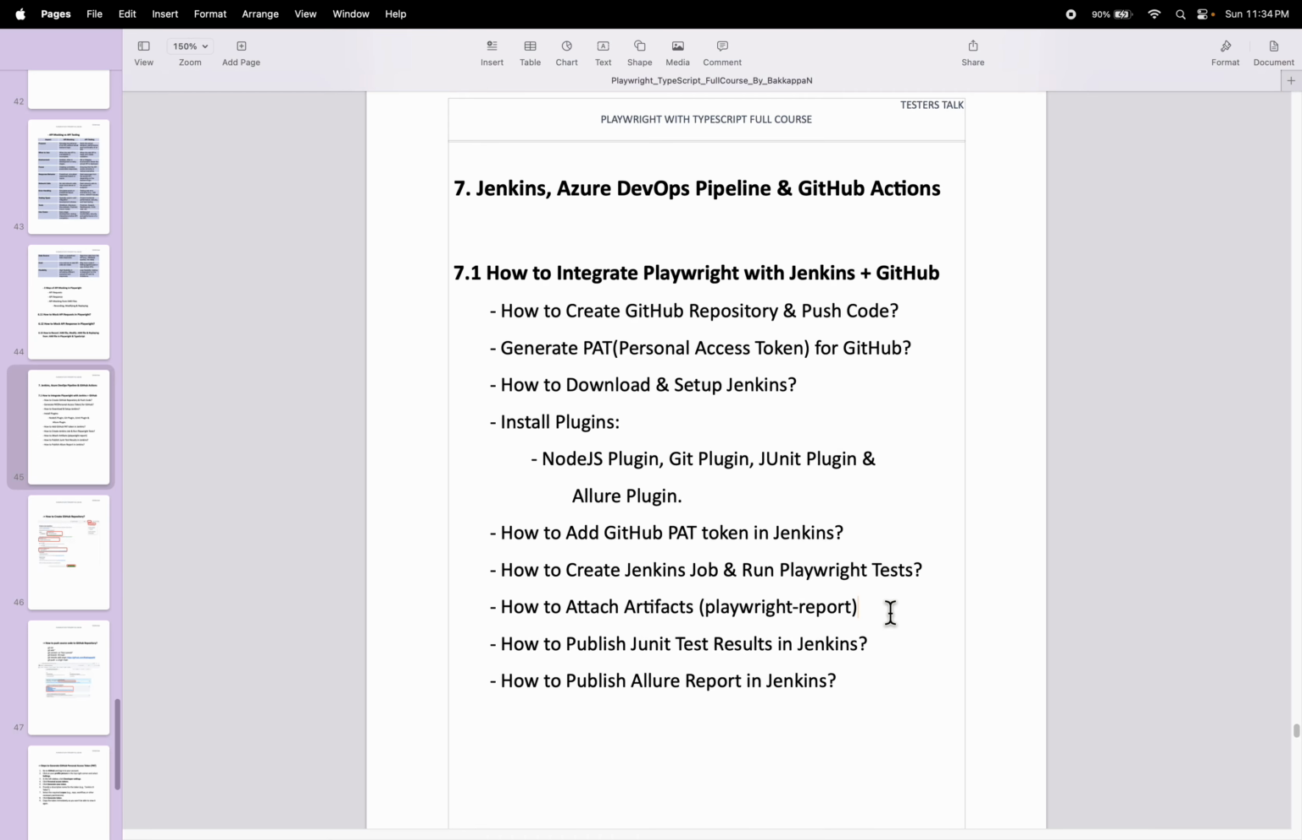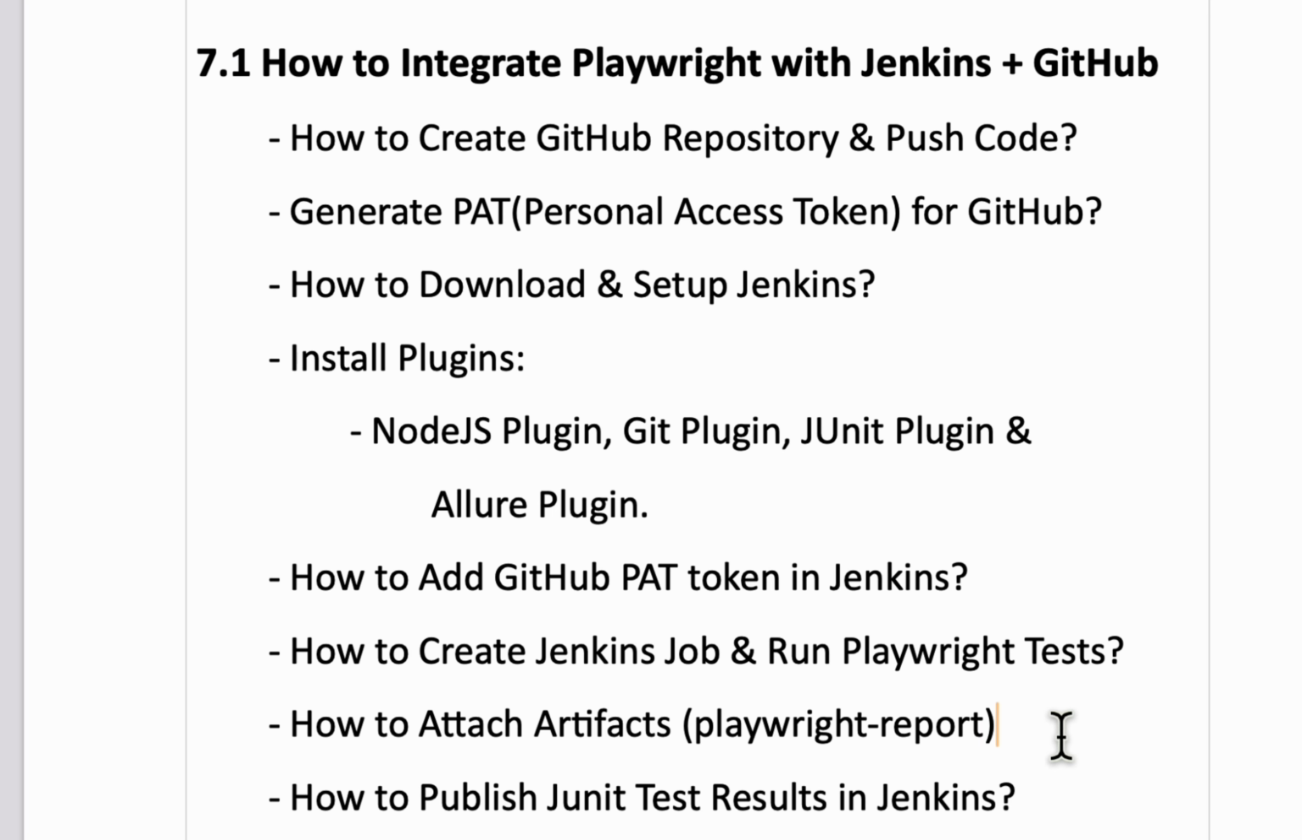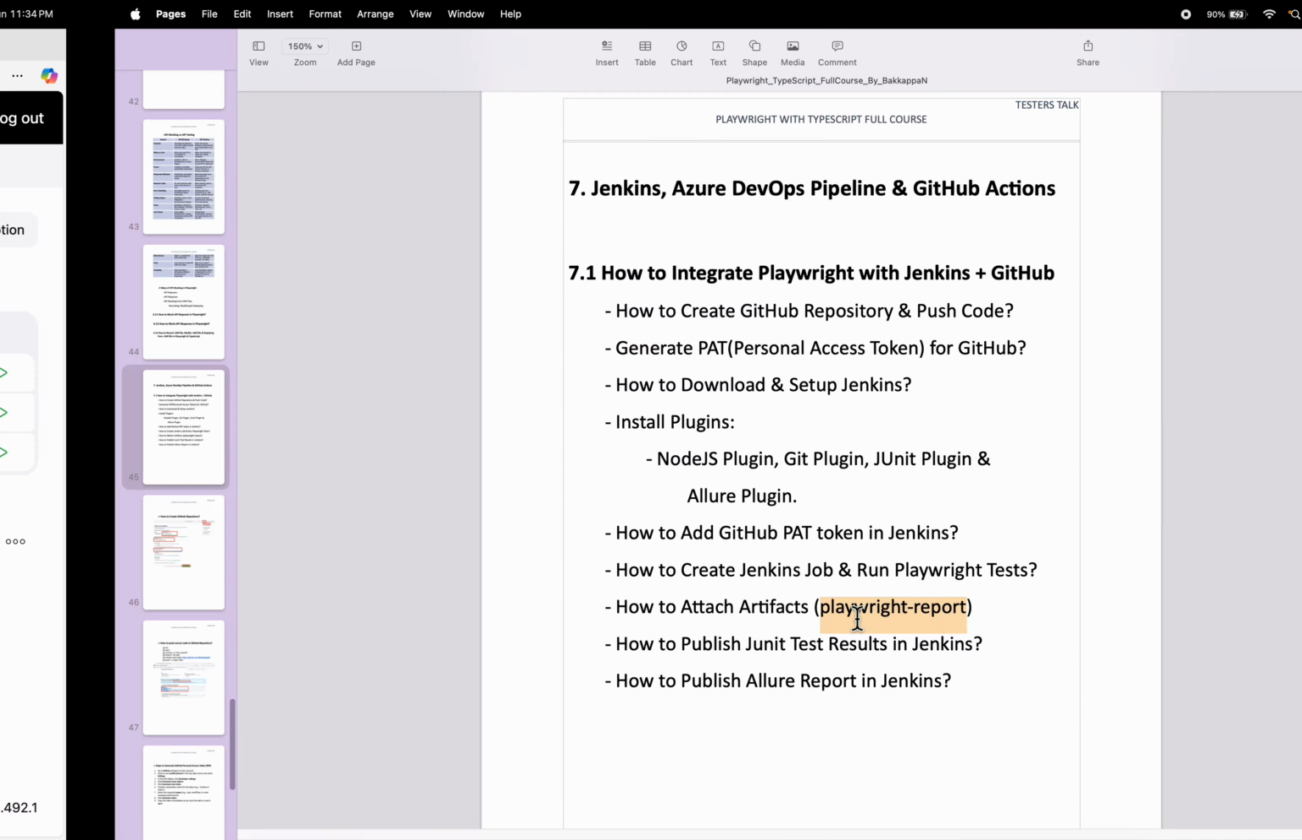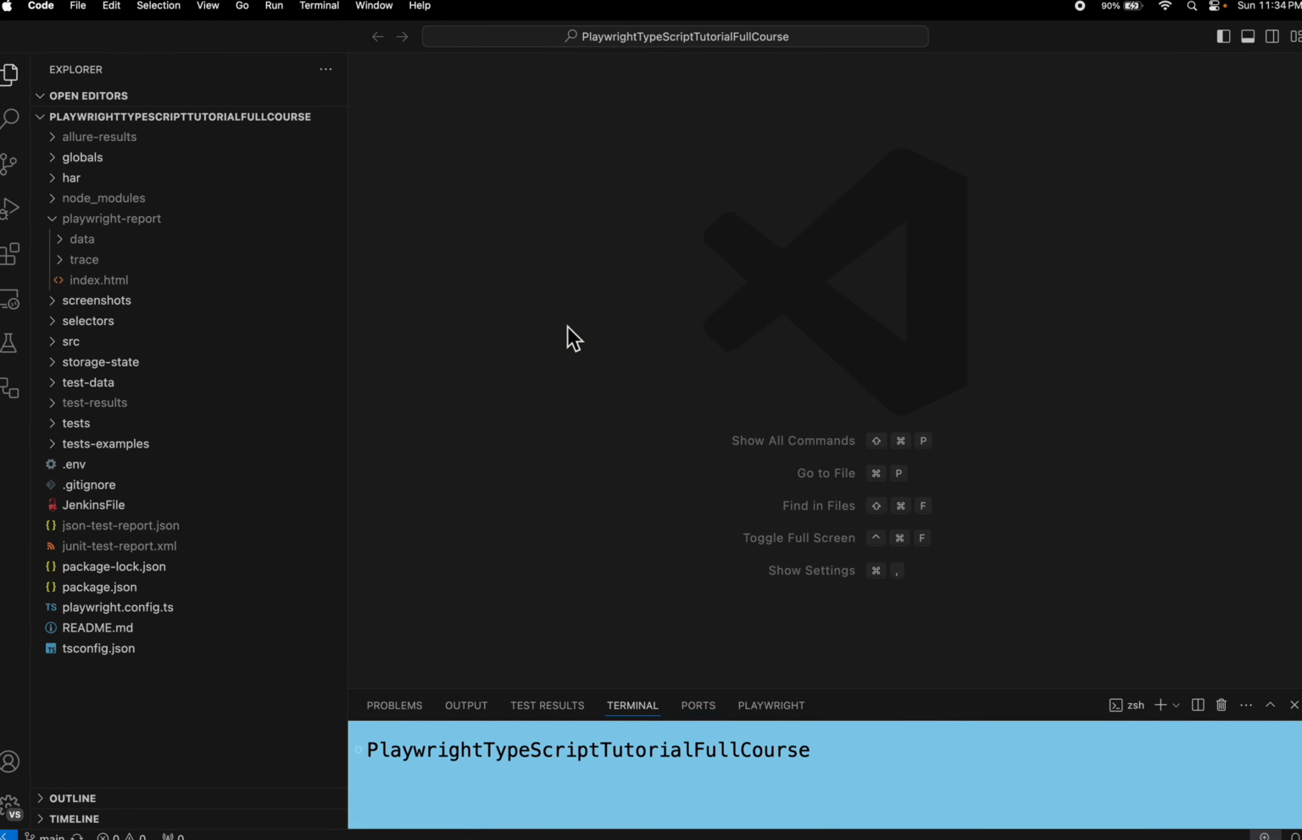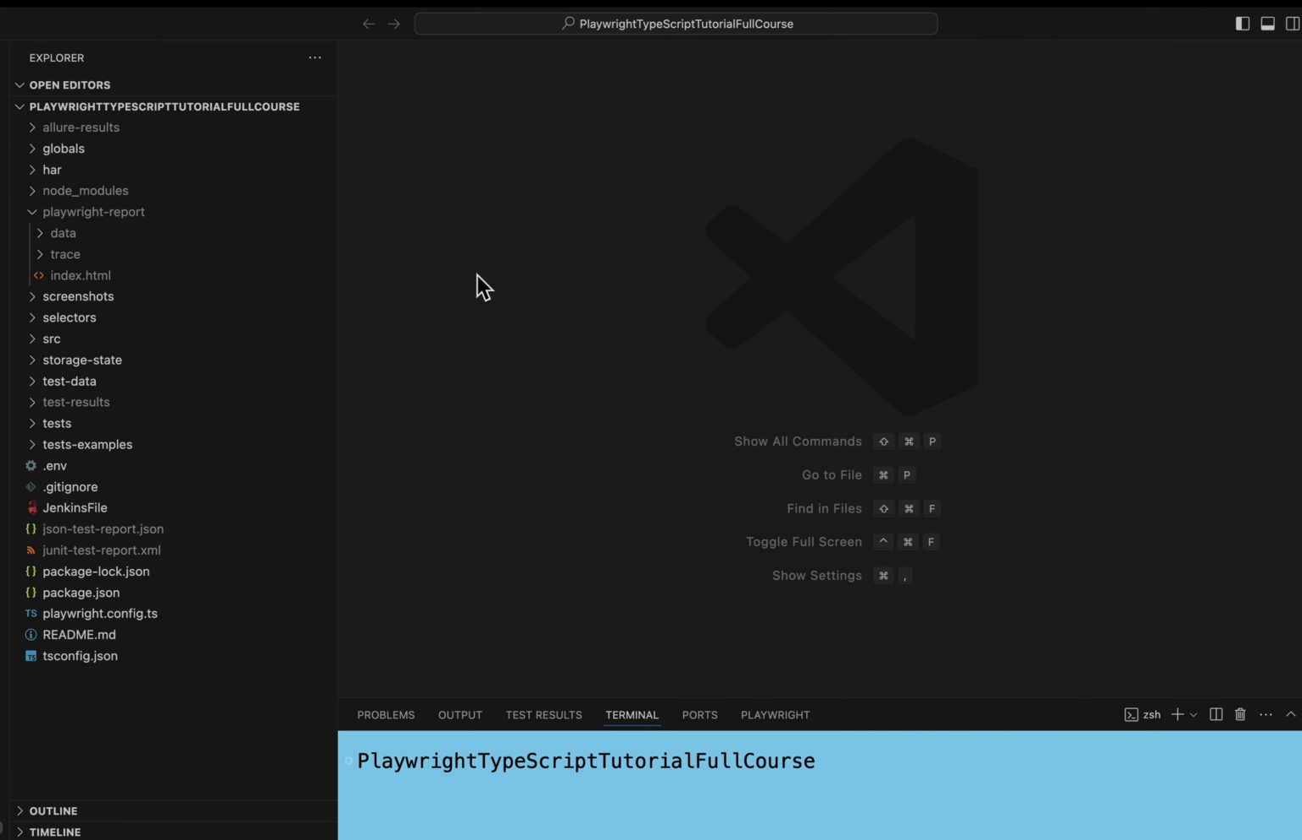So far you have seen how to create a Jenkins job and how to run the Playwright test from Jenkins. In this video I will discuss how to attach the Playwright test report to the Jenkins job after completing the test case execution. So if you look at this VS Code, after running the test,